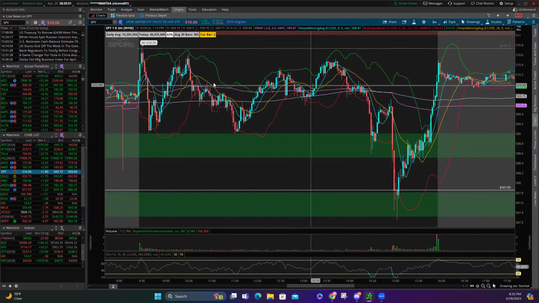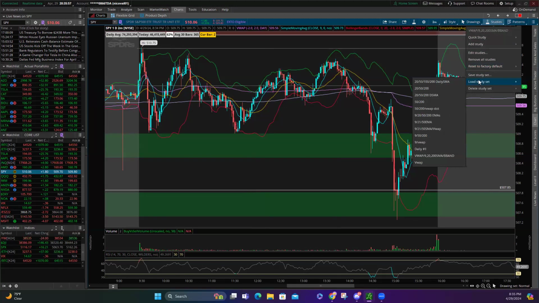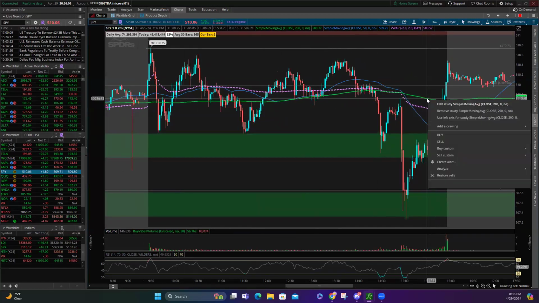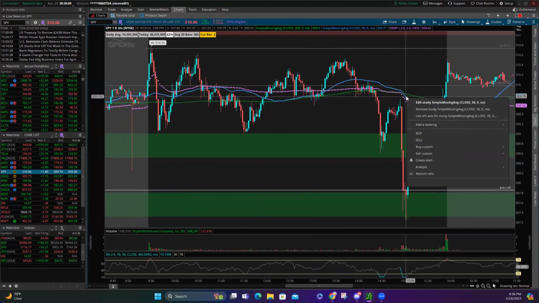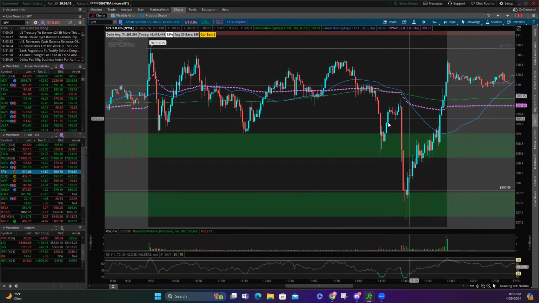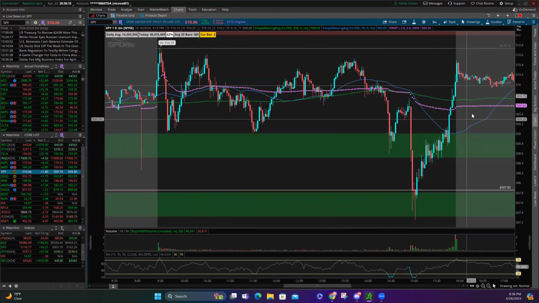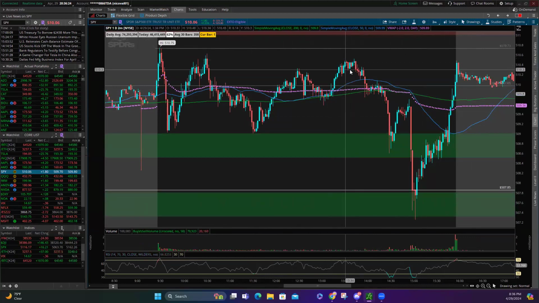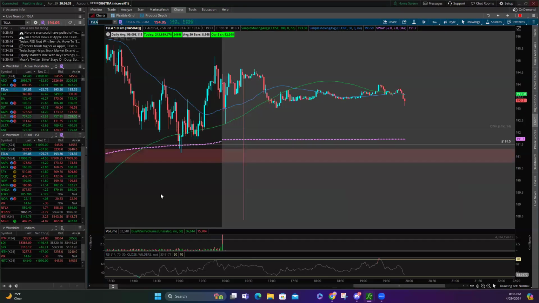I don't know about you, but sometimes when I see these, maybe a little bit simpler would be nicer. So this is another way to show it. I have here only my 200, my 50 EMA, and VWAP dotted. I like to see the difference: this is just going to give me an entrance and a trend. I know that above this trend line I'm trending positive, I'm trending bullish. Let's go to other names so we can see it. Let's go to, what do we got? Tesla today. Let's see how Tesla looks.